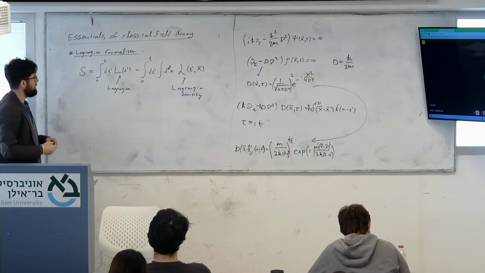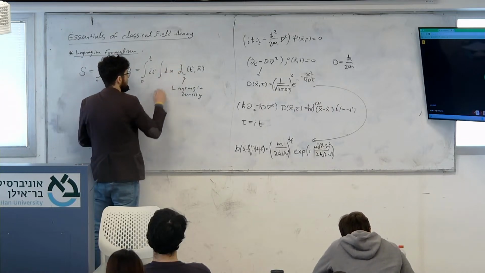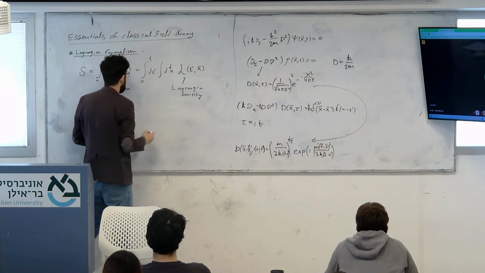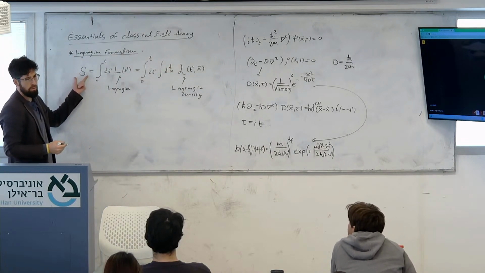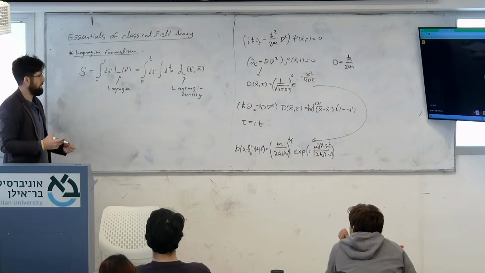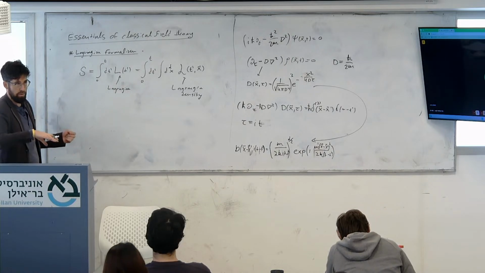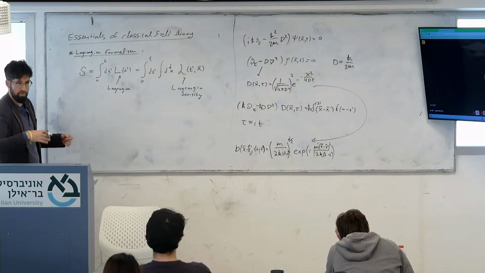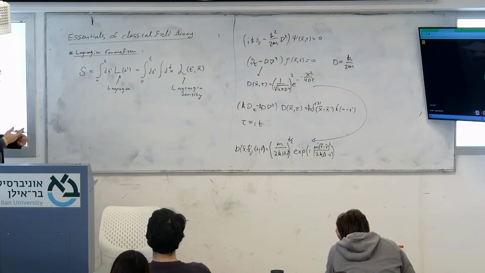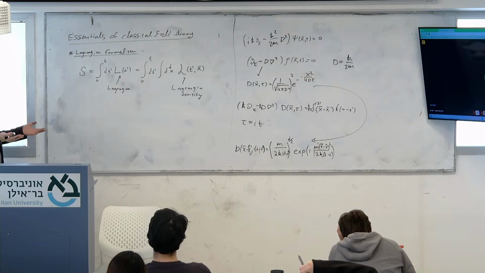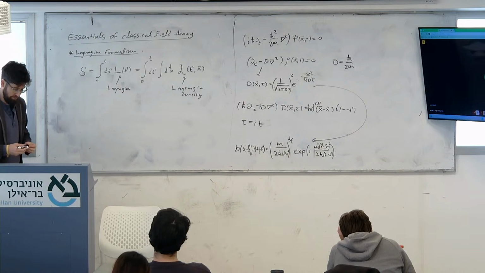The idea is that the classical equations of motion, basically this action and this Lagrangian, are constructed in a way that the saddle point of this action, the minimum action, in this case it's not even a saddle point, it's just the minimum. The minimum of this action gives us the equations of motion.